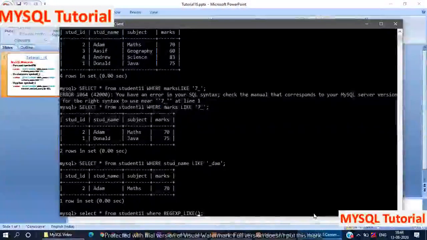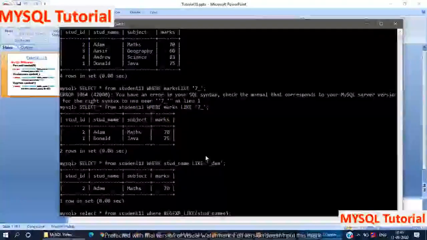For that we use only a single column. You can use any column. Here I use student name, stud_name, comma, in square brackets.